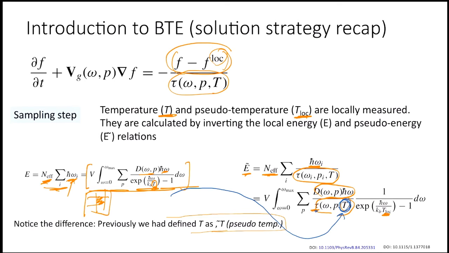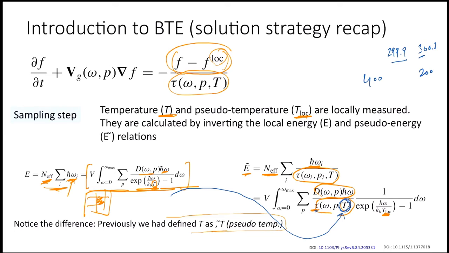So that's how we would get this T. This T and T log are not the same, so we should clearly differentiate them. If our system doesn't have much variation in temperature, let's say we are just varying from 299.9 to 300.1, then it probably doesn't matter because properties won't change much within this range. But if we have a large difference, let's say 400 to 200 Kelvin, then this T and T log would be different, so it matters.